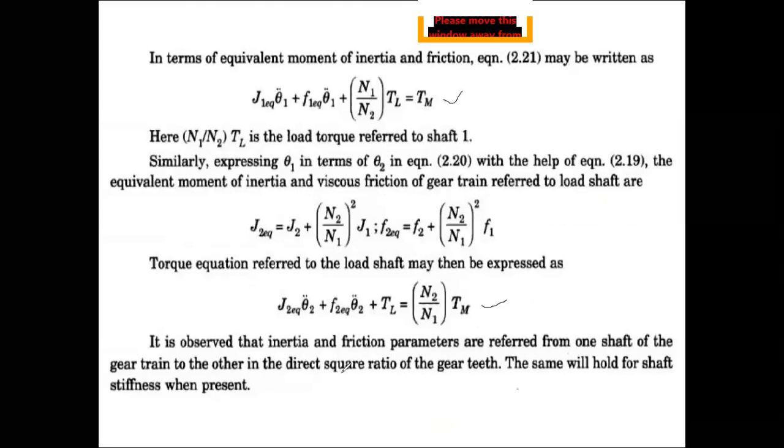Now this is the first equation and this is the second equation. Is it okay? Now let us say I need the transfer function of the system. This is a mechanical system, right? Whether it is an electrical system or a mechanical system, ultimately I need H of S. Can you tell me what will be H of S in this case? Any guess? H of S is Y of S by X of S. Can you tell me what is the Y of S here in our two gear system?